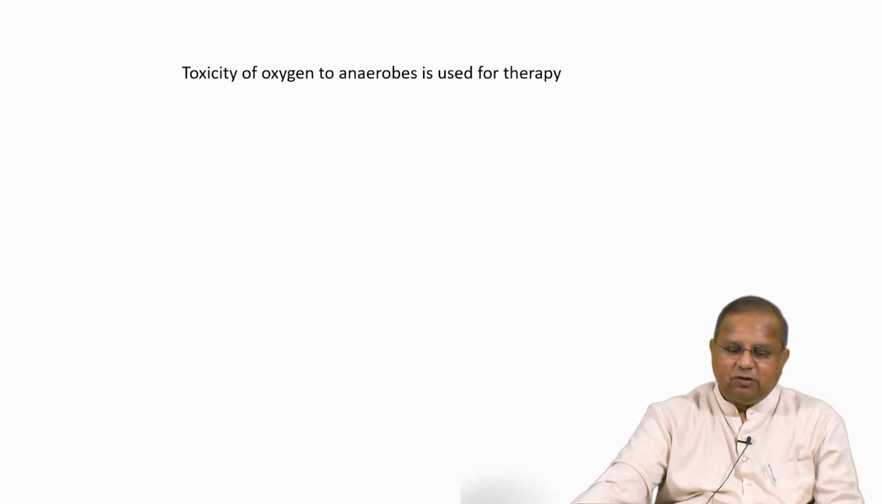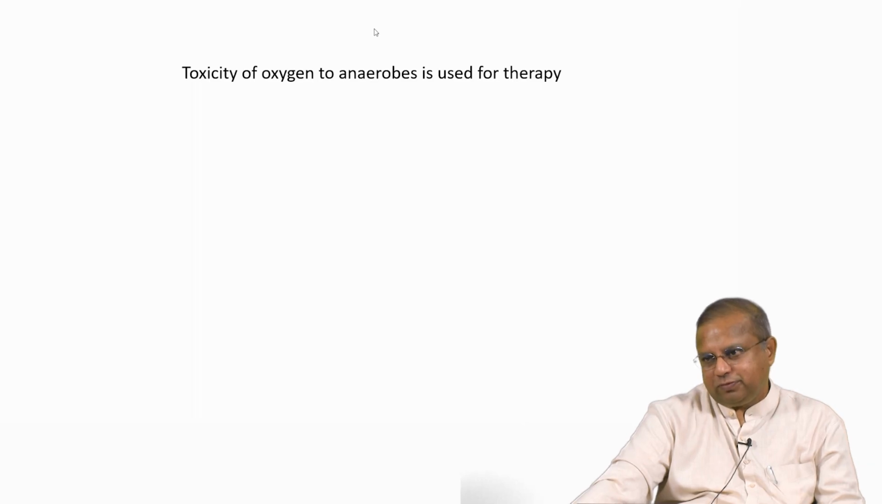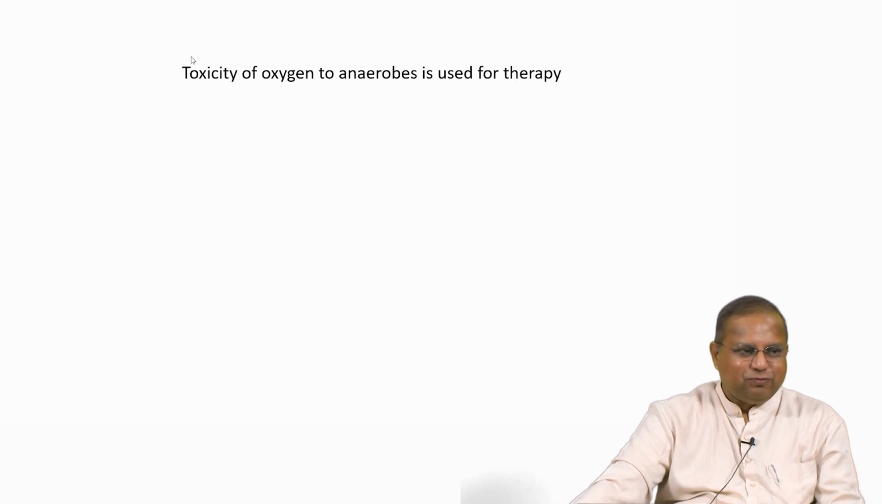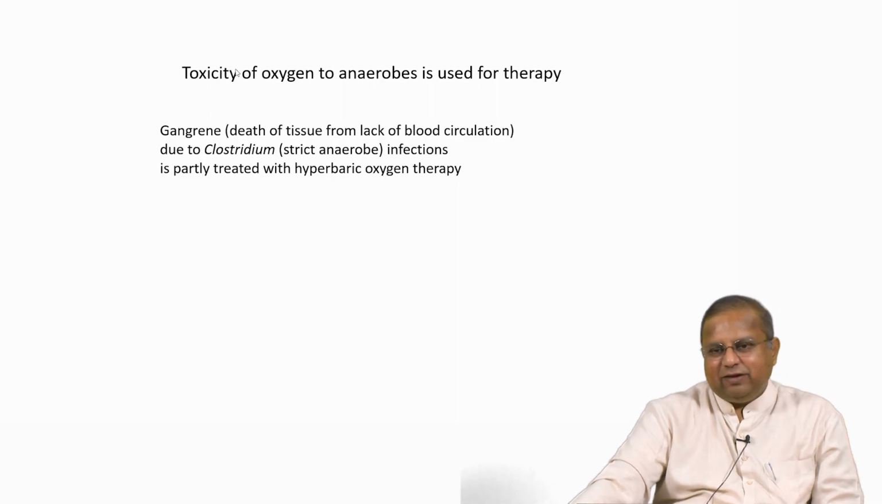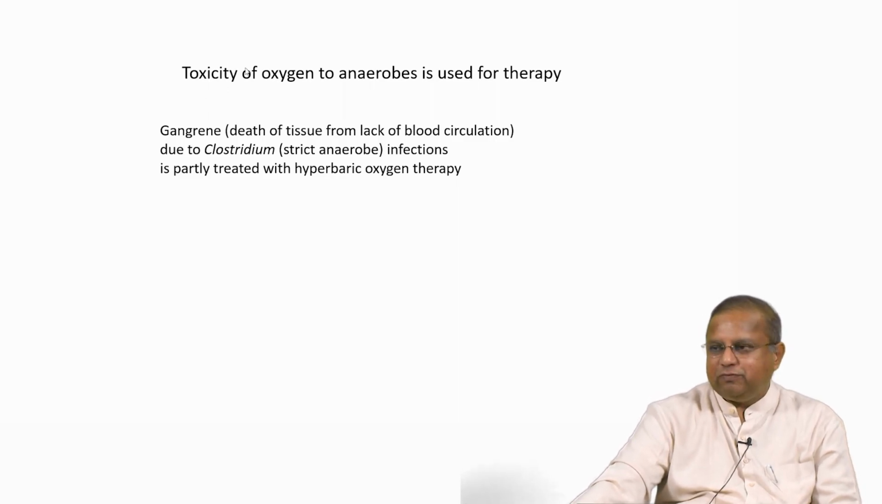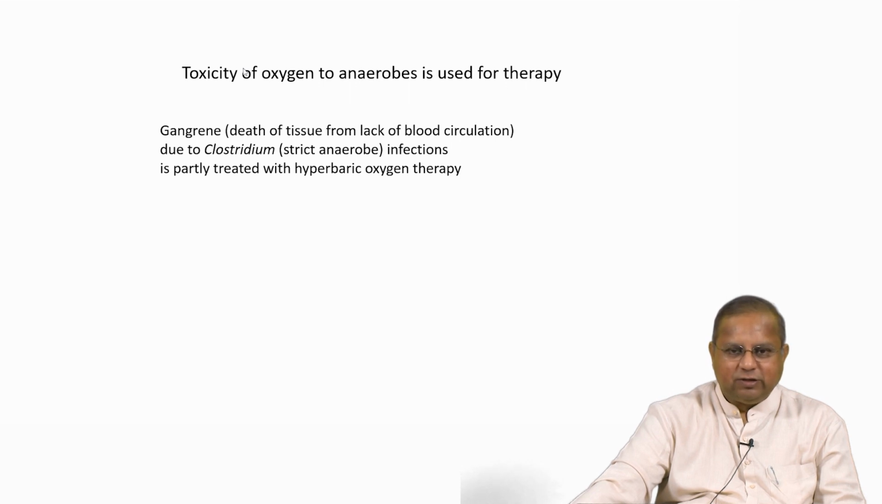The toxicity of anaerobes to oxygen is actually used for therapy purposes also. Okay, I wish a doctor was here. So a lot of this course would be oriented towards medicine. Gangrene, which is the death of the tissue due to lack of blood circulation, can be caused by a bacterium, a Clostridium, which happens to be a strict anaerobe. So Clostridium infections have been linked to gangrene. I mean, rather now it is fully accepted that